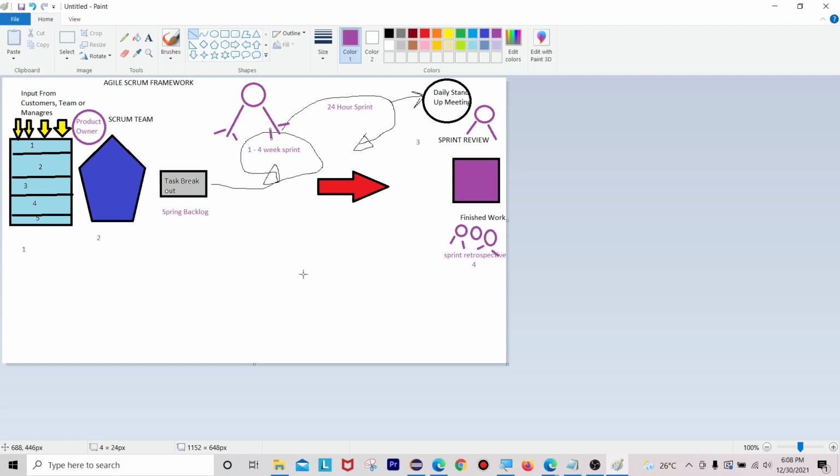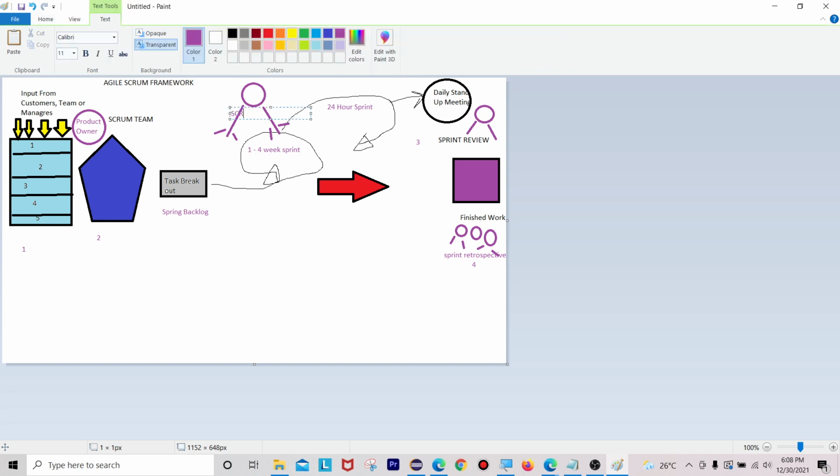So first, in the scrum the main roles are, as the name itself tells, the agile scrum framework. Here you can see in the diagram the first one is product owner, the next one is scrum master, here he is available, and the last one is scrum team. Here is the scrum team and he is the scrum master, okay. So let me quickly add that one as well, scrum master, that's fine.